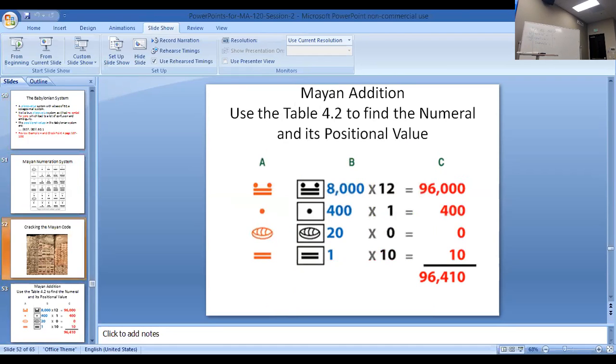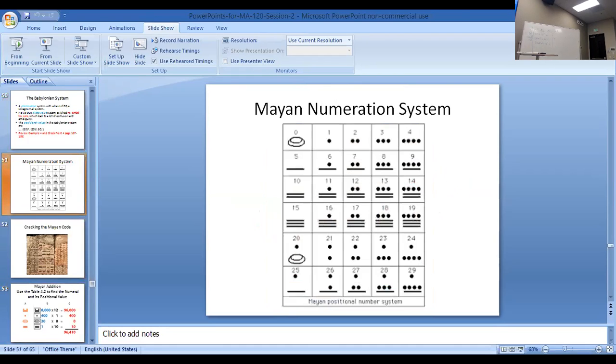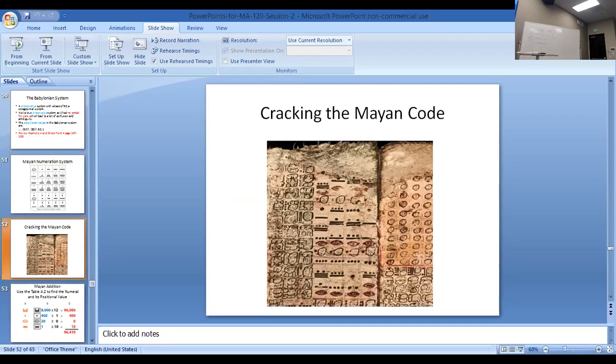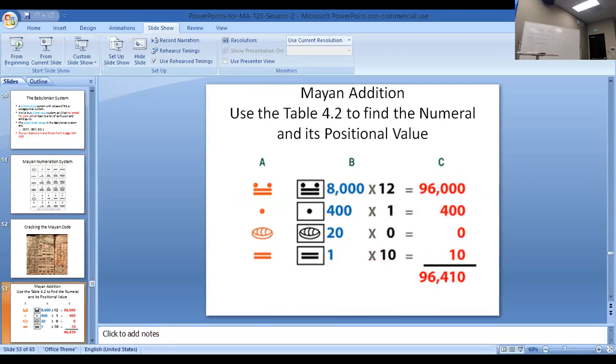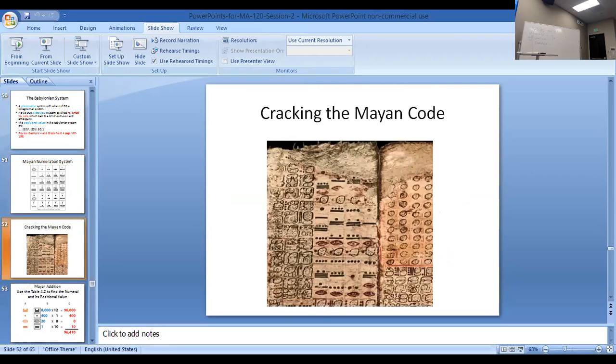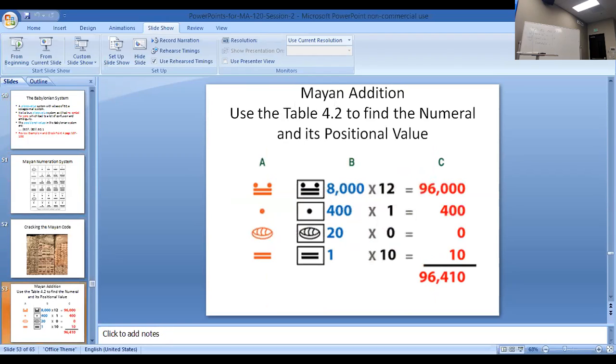Now the only dot is 1. You see that? So I'll multiply by 1. When you have that shape that looks like a football, it is 0. The almost equal sign, if you go back, is 10. All right. So we get what numbers we want to multiply. But where do I get those 8,420 and 1? You got to go to